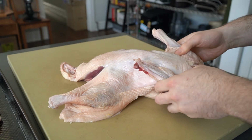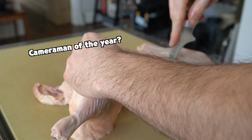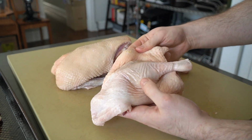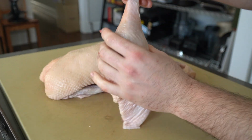We want as much of that thigh meat as possible, so make a nice long cut down the spine of the duck and do your best to get that oyster meat. Finally, cut the thigh off the body, and there you have it, one duck leg. Just do the same thing on the other side, and when you have all the meat off the duck, be